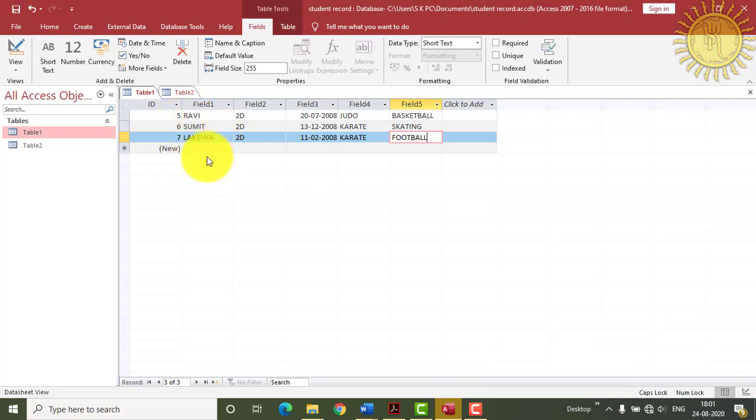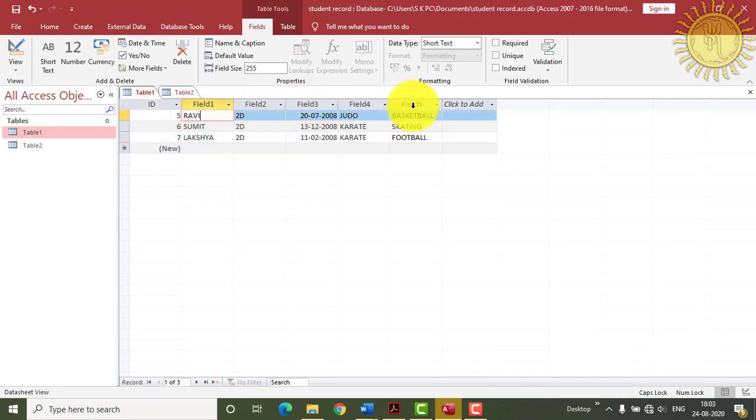So you can see I have entered this data in this table, and after entering all the records, the column fields also should be changed. We have to write the specific names of these fields. To change the field name, first you have to click on this field, then go to the Field tab and click on Name and Caption.